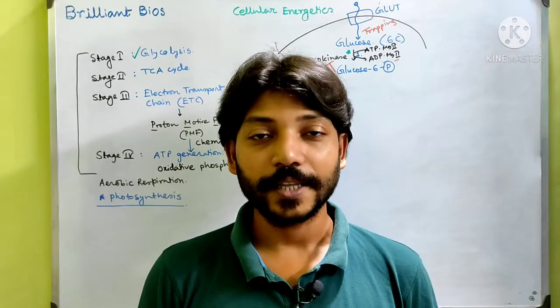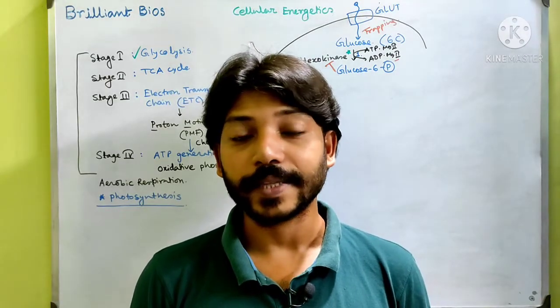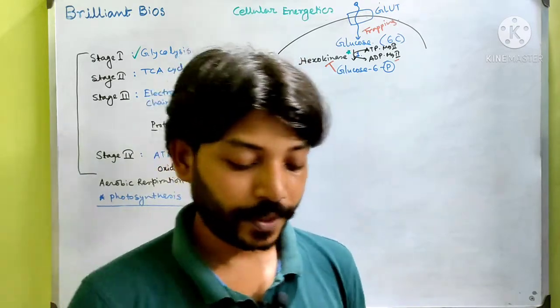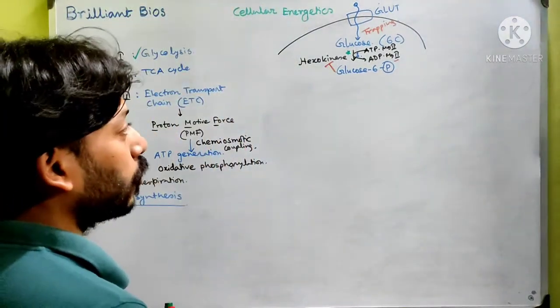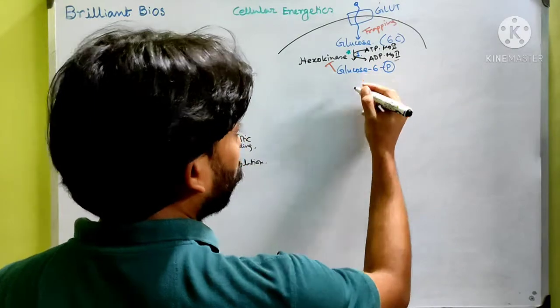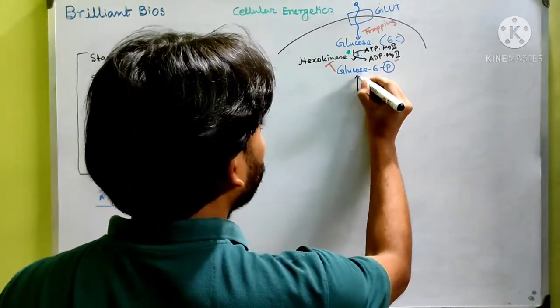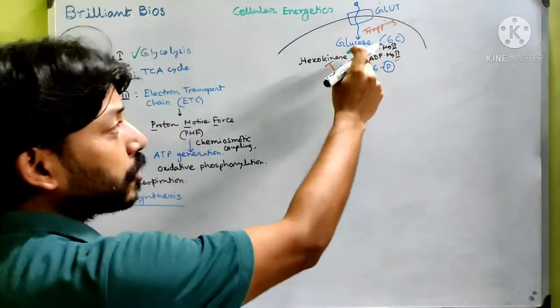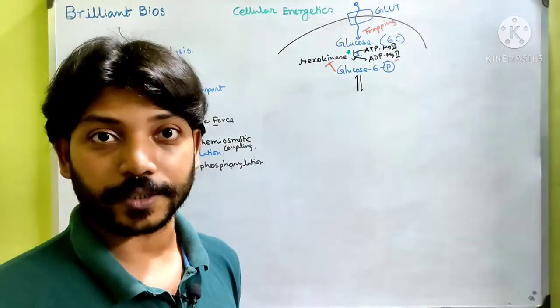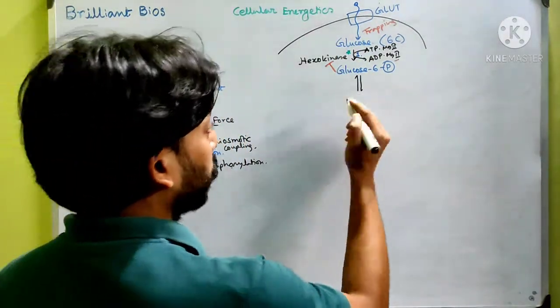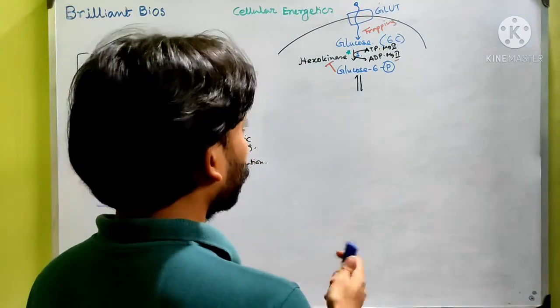Welcome dear students. In this video I'm going to talk about the second step of glycolysis, that is the conversion of glucose 6-phosphate to fructose 6-phosphate. Now this process is actually reversible. The first step of glycolysis is irreversible. This step is reversible and the product is fructose